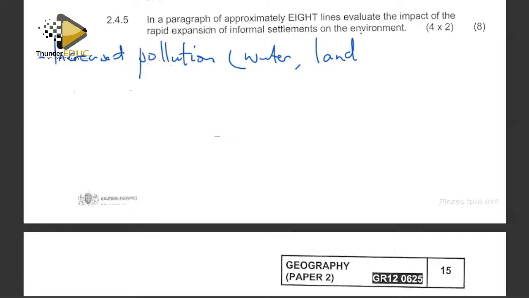We can look at things like increased pollution. The environment is polluted. This comes in the form of water and also land pollution. And we can also talk of disruption